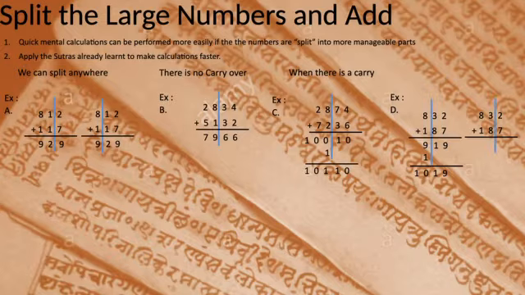If we add up the hundreds first, 83 and 18, that is 830 and 180. If we add it up, we get 1010, which we can directly write down. Then you add up only the ones, and you get 9. So you observe here that without taking the carryover, you could get the answer.